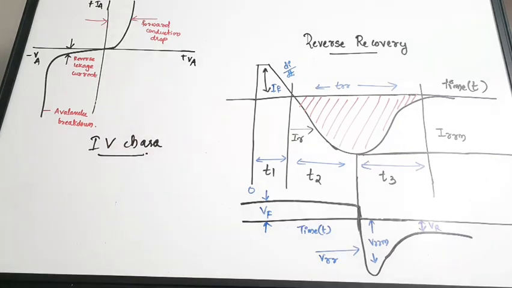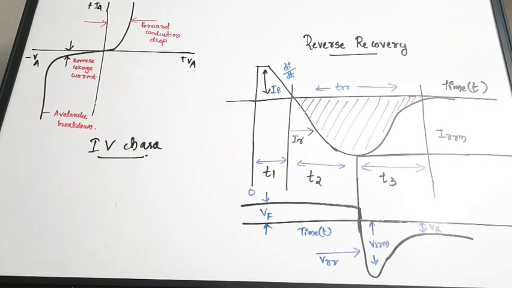So next we are going to discuss the reverse recovery curve. This reverse recovery curve of the power diodes, we make use of it so that we can use these power diodes in snubber circuits and so on. Snubber circuit means whenever there is a voltage spike, or a sudden spike of voltage happening, in order to prevent damage to the device, we use snubber circuits. Okay, so let us see the reverse recovery.